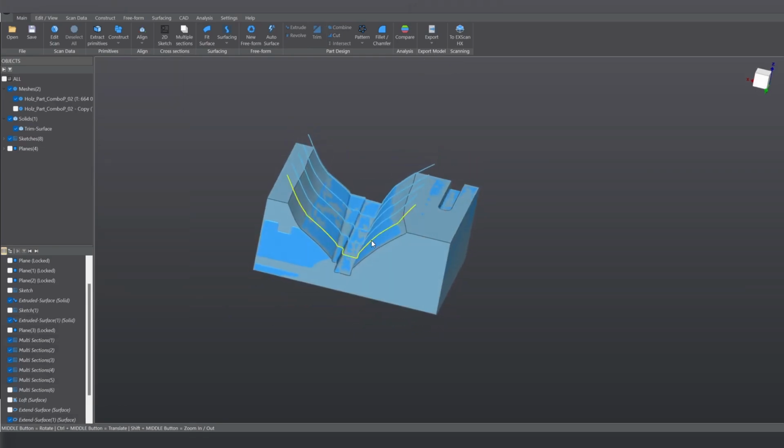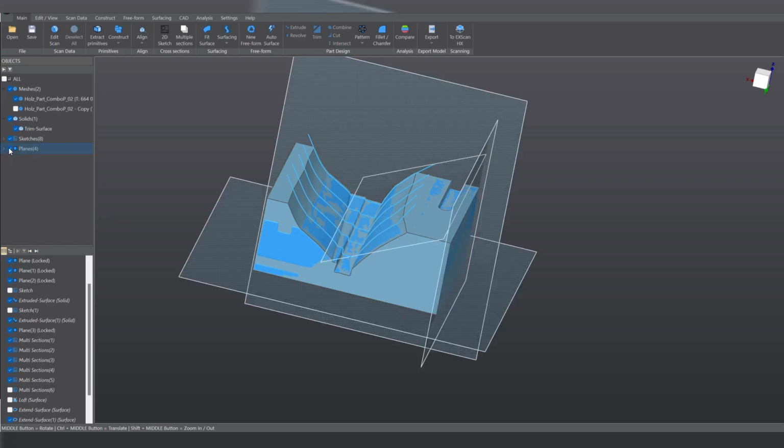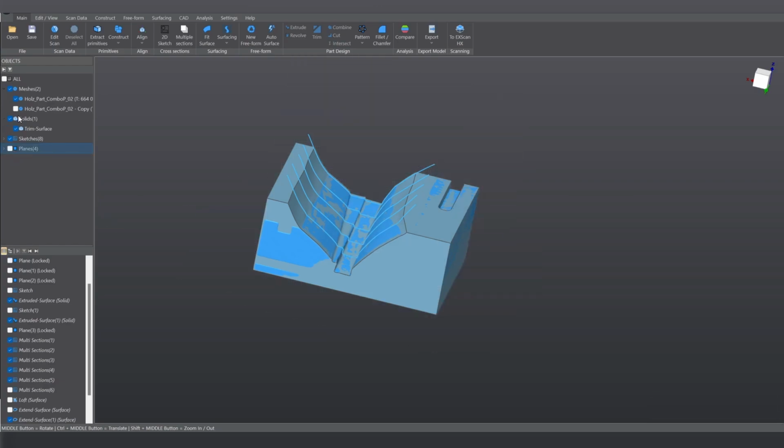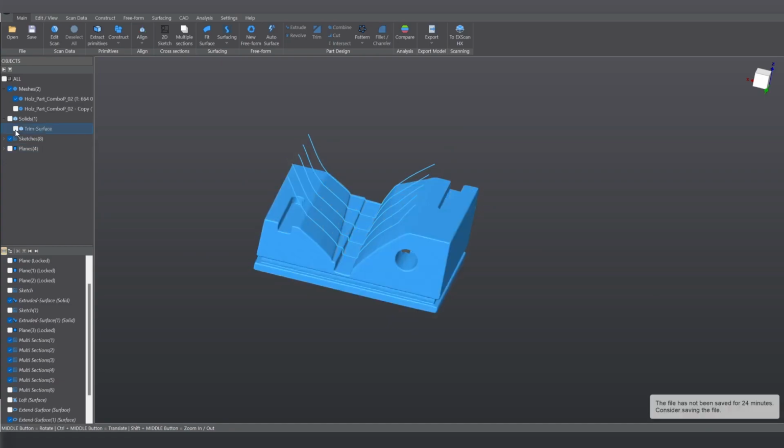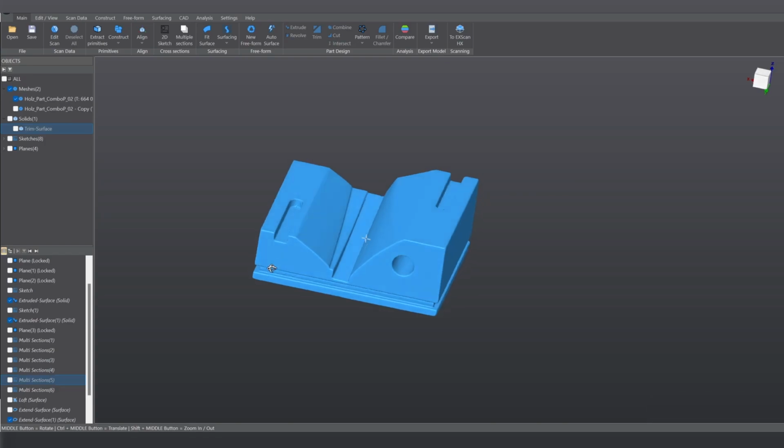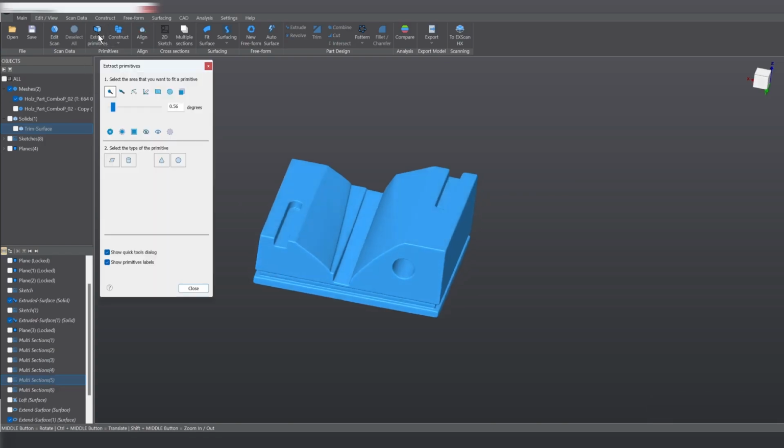Next step is, for example, we need to cut it over here. Do we already have a plane there? No, we need a plane for this, so we will switch it off. Also our section lines we can deselect and go on plane. First click the area, then plane,